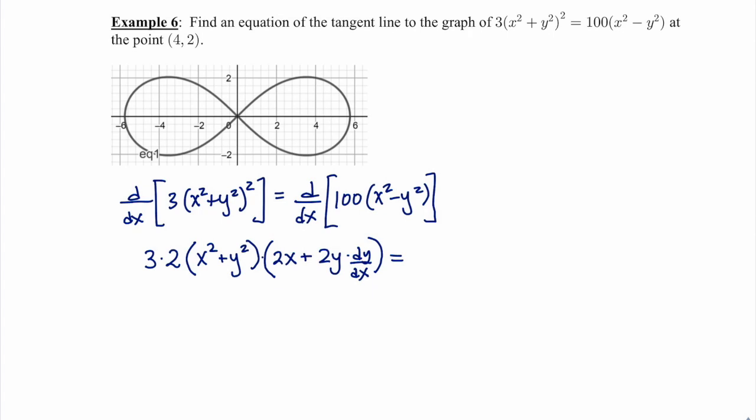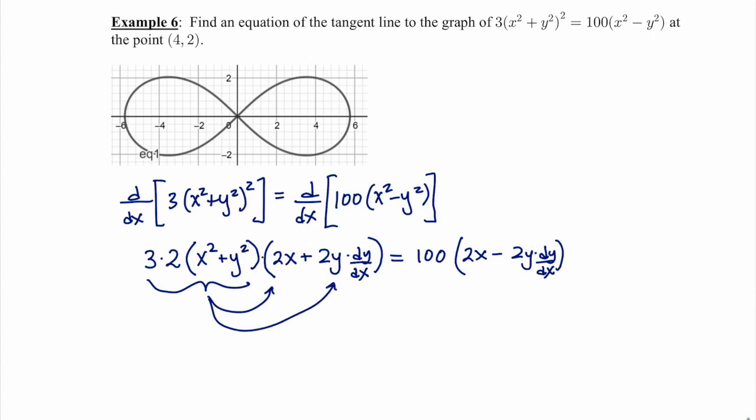And the right side will be similar, but I just have 100 times this group. So I'm going to have 100 times the derivative of x squared minus y squared, which will be 2x minus 2y times dy/dx. And now I'm going to distribute. I will multiply this whole group with the 2x and with the 2y dy/dx. So that's going to give me, it looks like, 12x